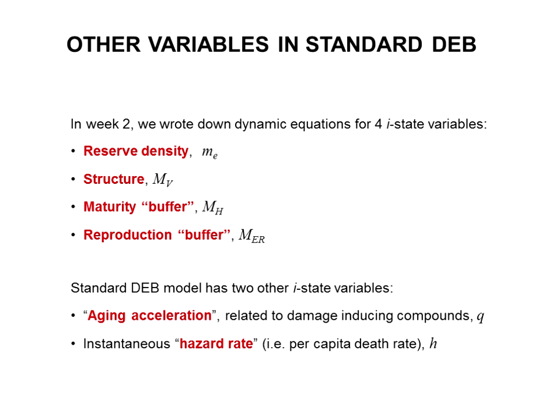The slides up to this point illustrated the reserve, the reserve buffer, and hence the quantity we call reserve density, the amount of material in structure, the amount of material assigned to maturity, perhaps it's not quite right to call it a buffer, and the reproduction buffer. If you read DEB papers, you'll encounter 2 other concepts. One is given the slightly mysterious name aging acceleration, and the second is given the name hazard rate, and that